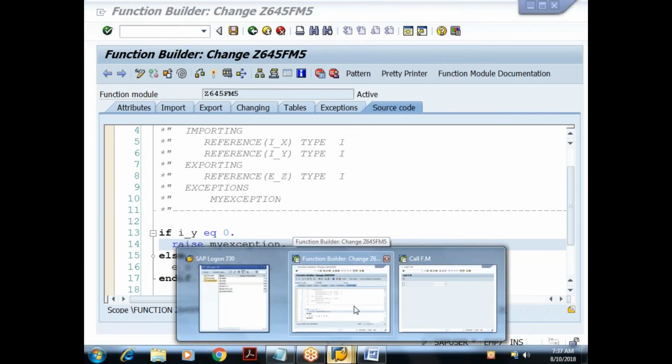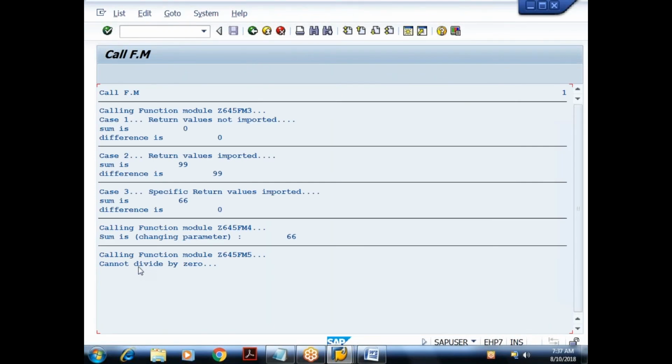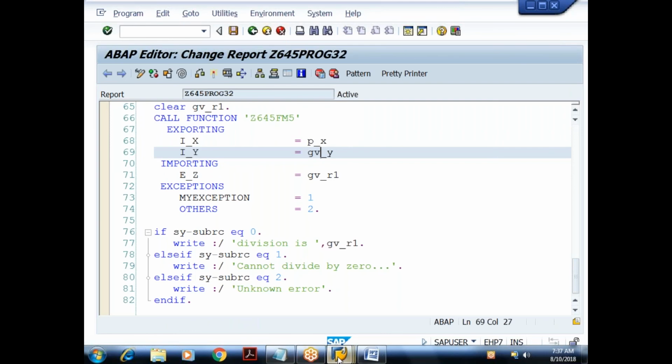So when I execute now, what happened? Cannot divide by 0, because it is setting the sy-subrc value to what? 1. So if you debug, so here if I debug this,